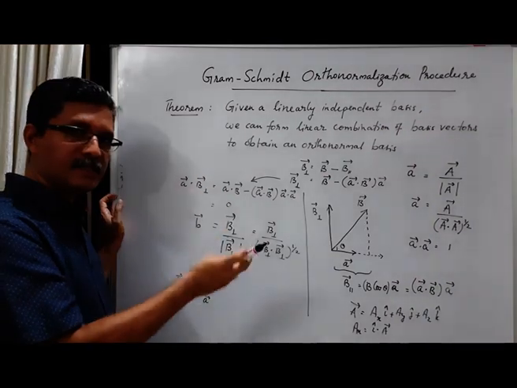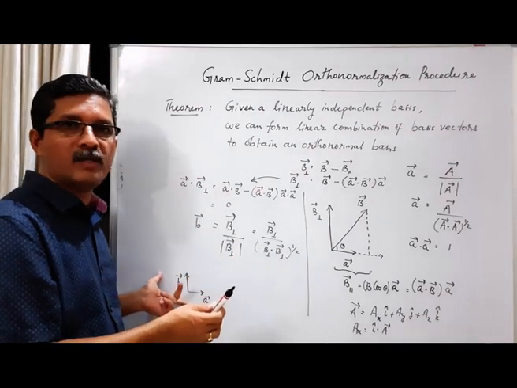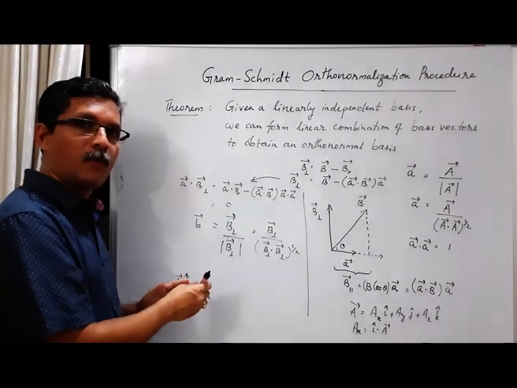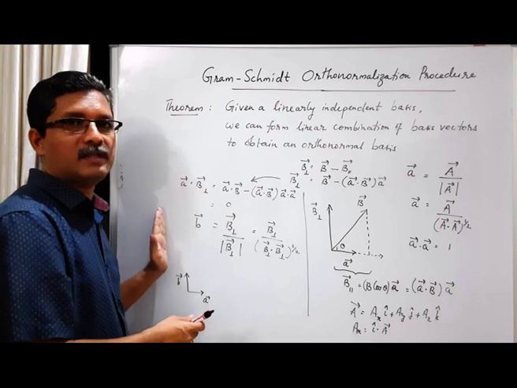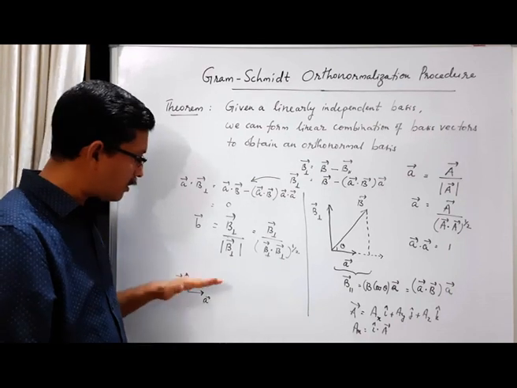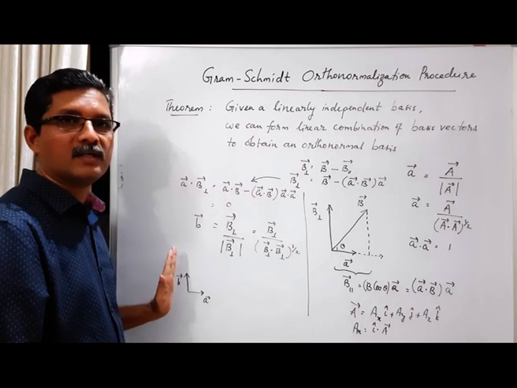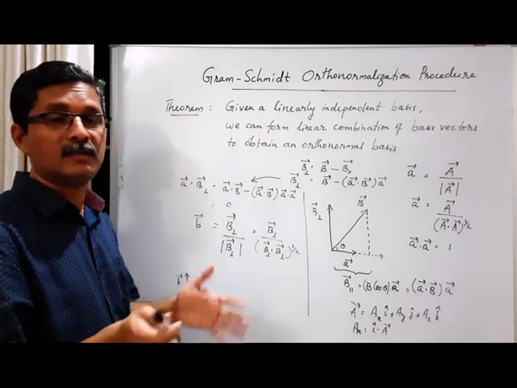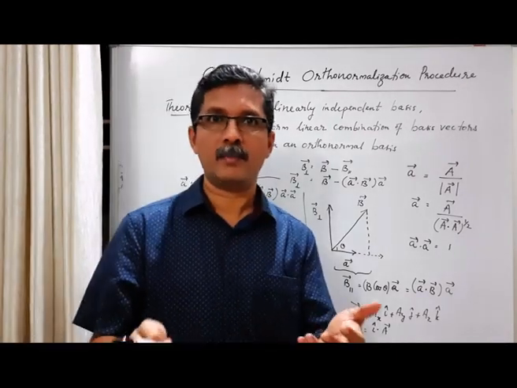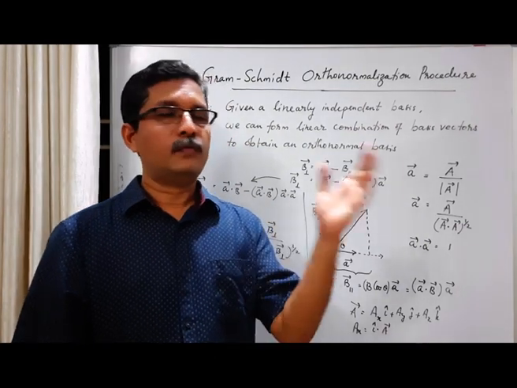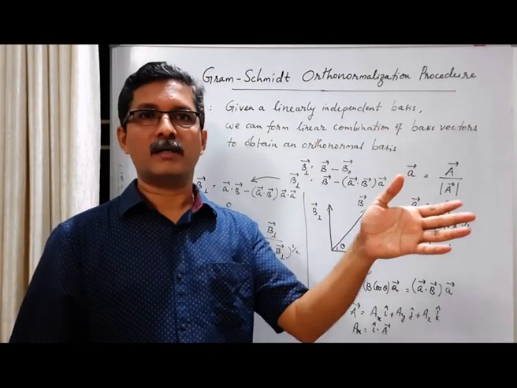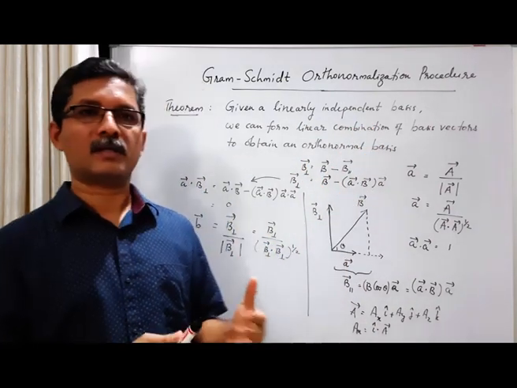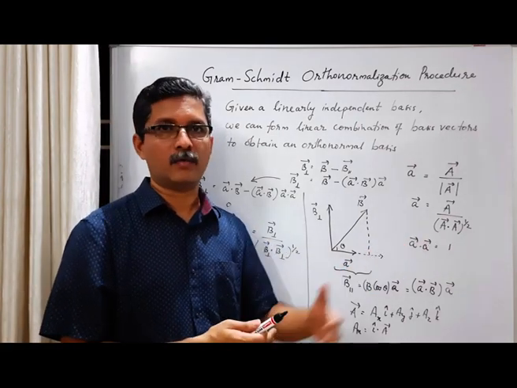Then what you do is you take C, A and B are already normalized and orthogonal. Now you take C, then you subtract from it the component along the direction A and the component along the direction B. Whatever is remaining will be perpendicular to both A and B. We can check that by taking the scalar product with small a and small b. And finally, you have to normalize whatever remaining part of C by dividing with its magnitude. So in this way, this type of construction can be extended to any number of vectors.